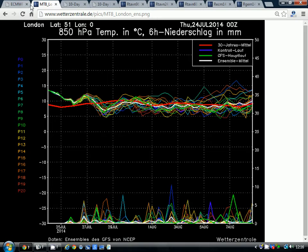So here's the GFS temperature and precipitation ensembles, and we see that we are above average at the moment. The red line here is the 30-year average. We are well above the red line, well above the 30-year average at the moment, have been for a good week or two. And we keep it pretty warm for the next few days. As we get through towards the weekend, that's really when we start to see this change beginning to take place as temperature slips down a little bit, although still remaining above average. And to the start of next week, then we go down a little bit below average actually in terms of